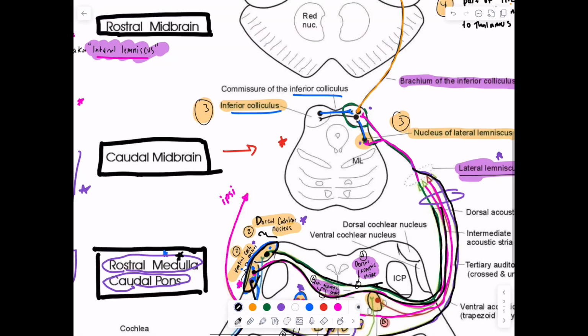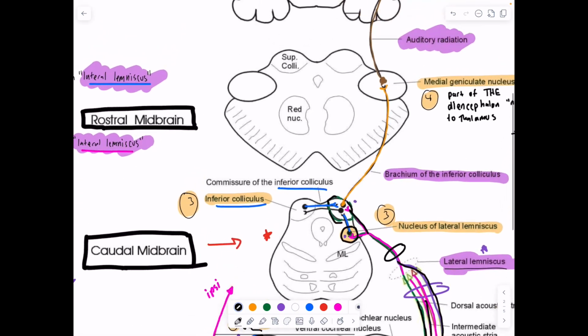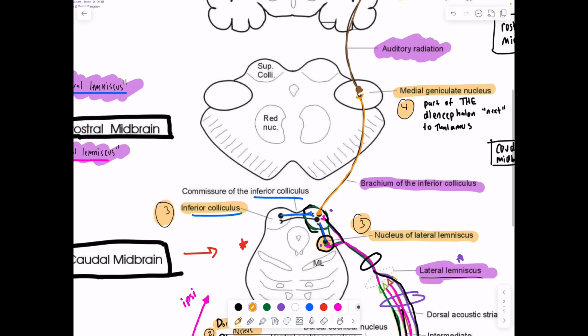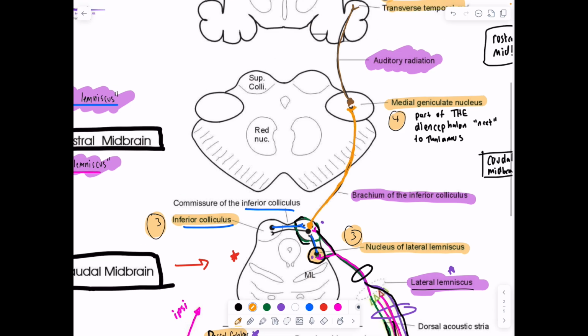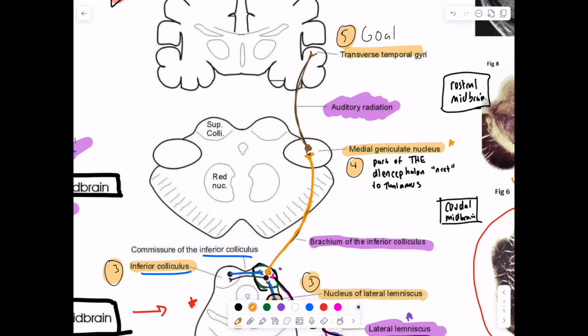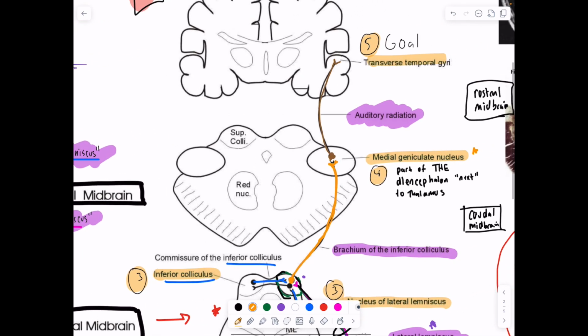Okay. So now we're in the lateral lemniscus. We've ascended, as we said, the lateral lemniscus is going to synapse at the nucleus of the lateral lemniscus, or it'll go directly to the inferior colliculus right there. Okay, and so then from the inferior colliculus, you're going to send an axon from the neuron body in the inferior colliculus up to the medial geniculate nucleus of the rostral midbrain, and this